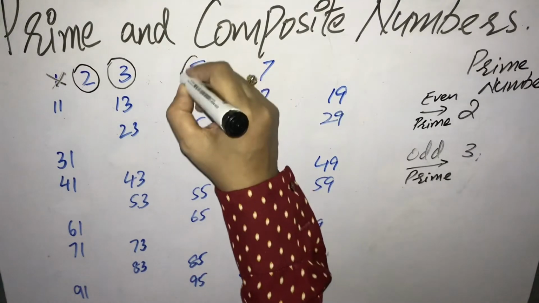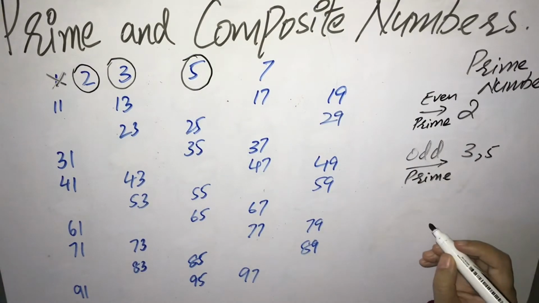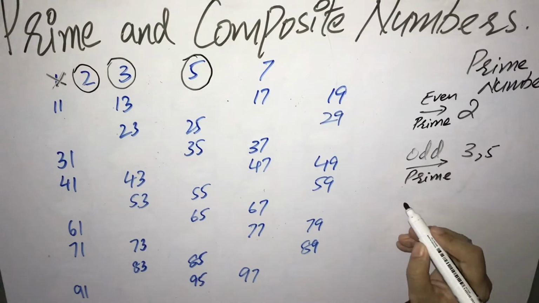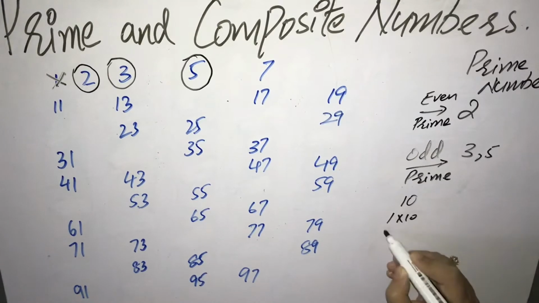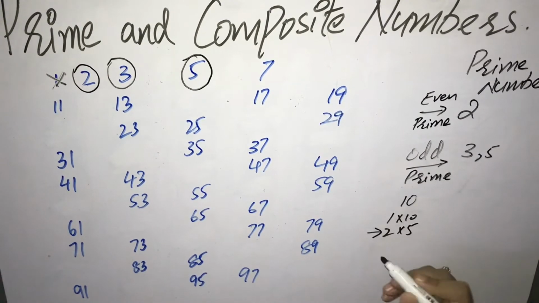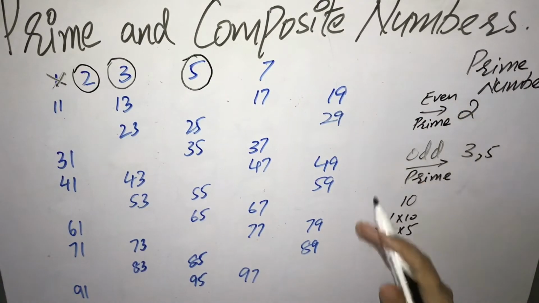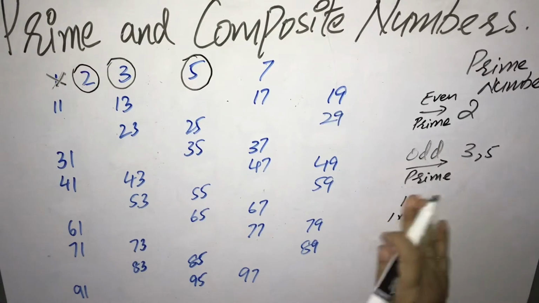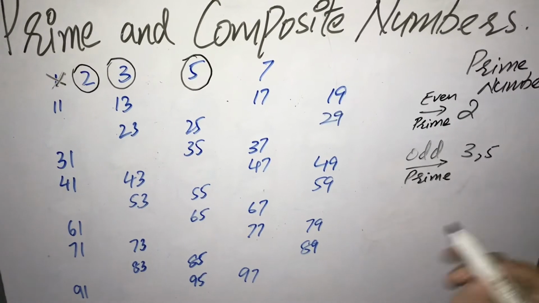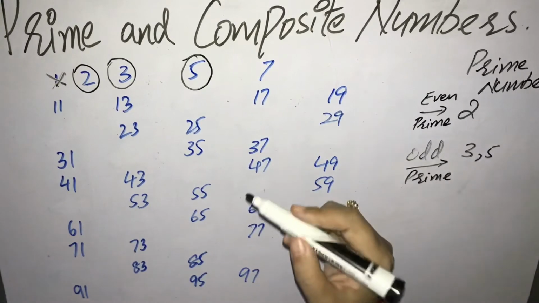It had more than 2 factors. The next prime we have is 5. 5 is the second odd prime. Now we have to erase the multiples of 5. The first multiple of 5 is 10. 10 has already been erased because 1 into 10, 2 into 5; when we erased the multiples of 2, 10 was erased. So 10, 20, 30, 40, 50 are already erased because they were multiples of 2 and they were composite numbers. The rest of the numbers in the table of 5: 15, already erased. Why is 15 erased? Because it was in the table of 3.